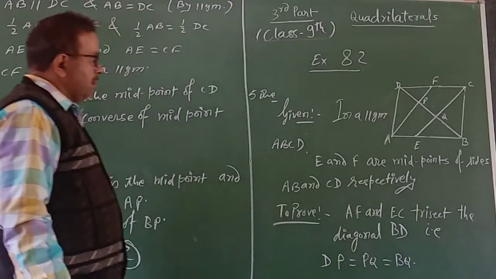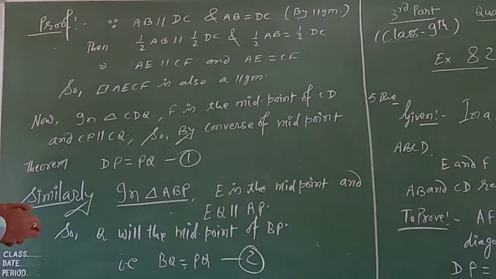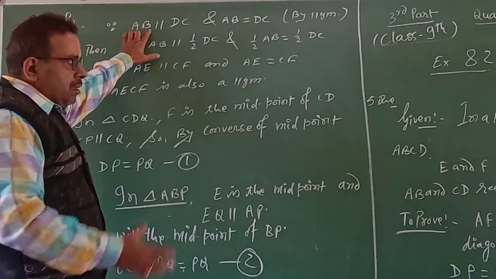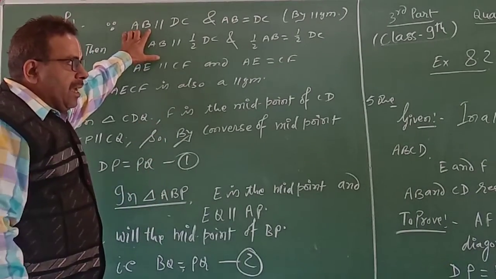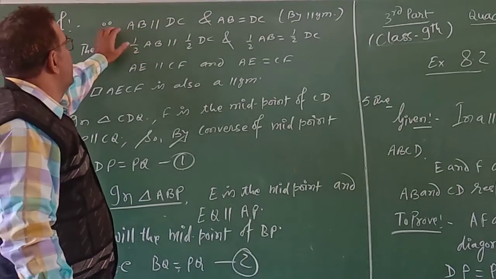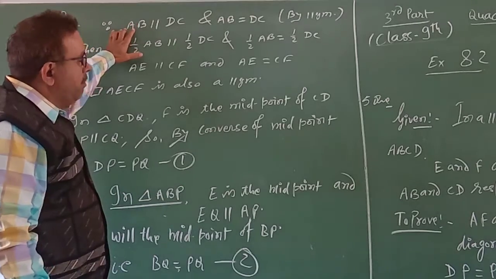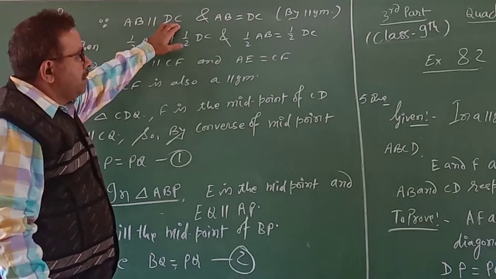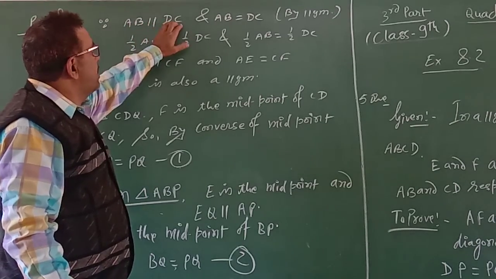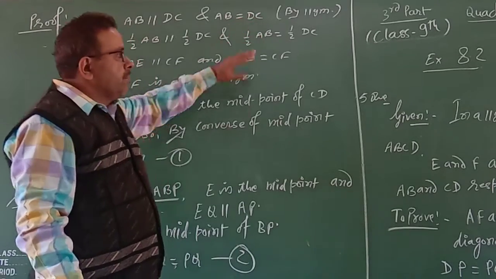So far, proof of this term, these questions we have taken as two theorems are applying here. First, midpoint theorem and converse of midpoint theorem. So see, in our parallelogram property already we have AB parallel DC. parallelogram की प्रॉपर्टी से आपने क्या पाया? AB DC के पैरेलल है और AB जो है DC के इक्वल है.